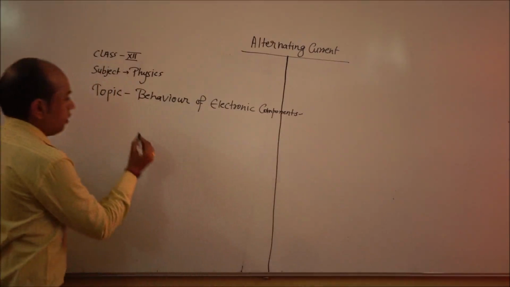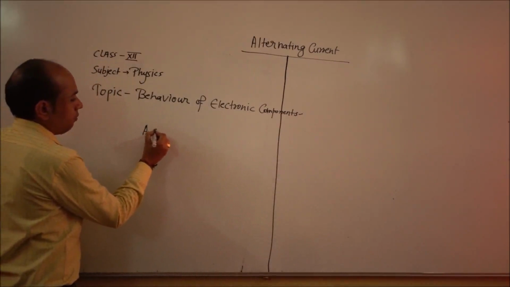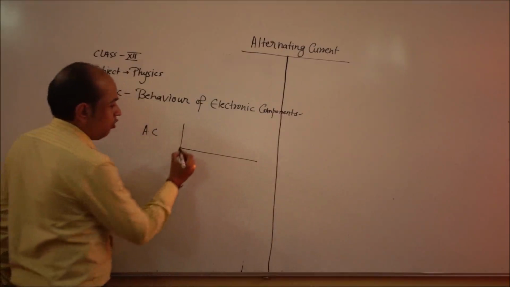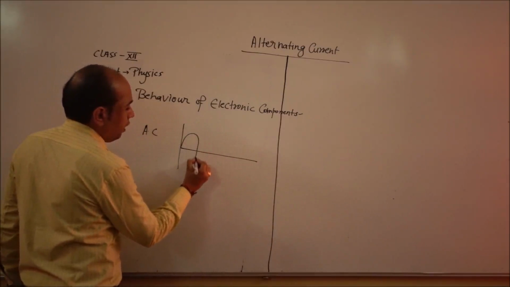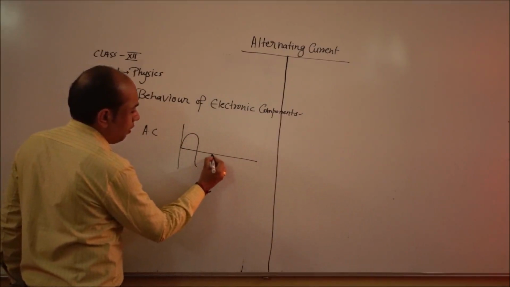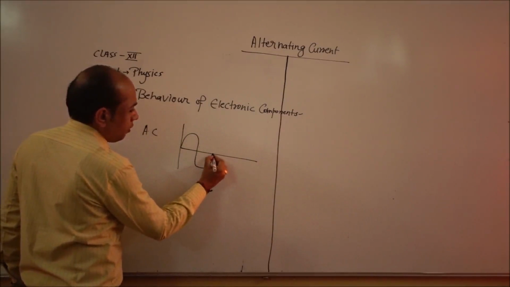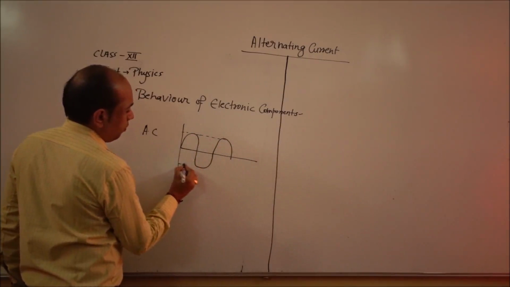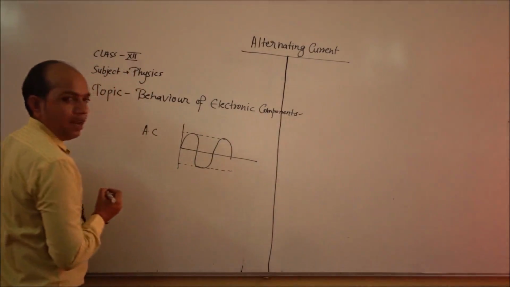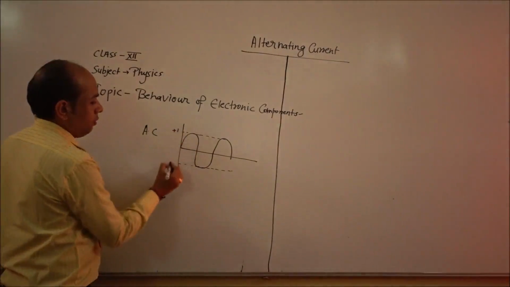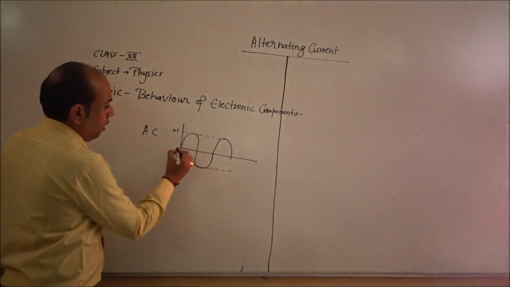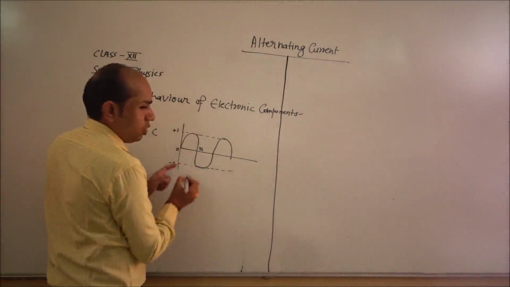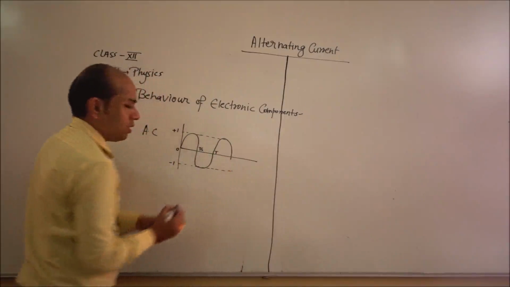That means if we draw the AC cycle, its magnitude and direction change periodically. That means after a fixed time interval, like this. Its magnitude value, either in the positive direction or the negative direction, is the same. And if we talk about the time interval, for 0 to T by 2 is the positive half, and T by 2 to capital T is the negative half.